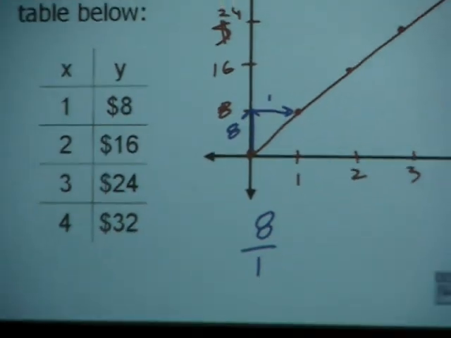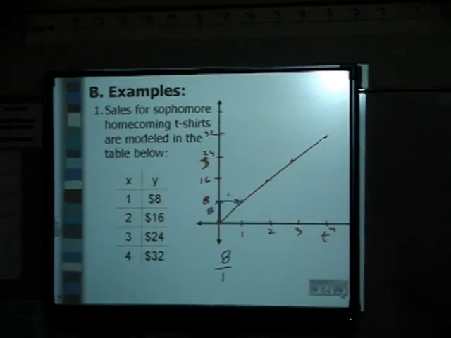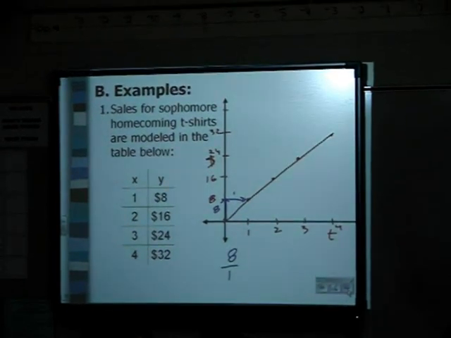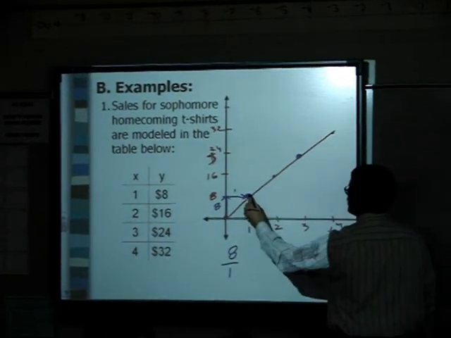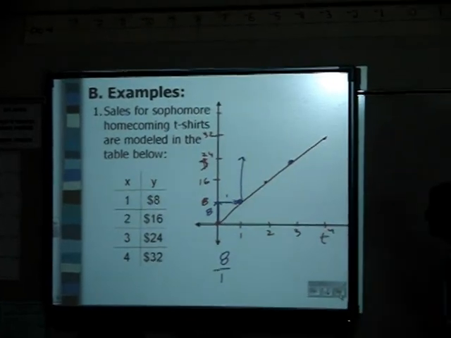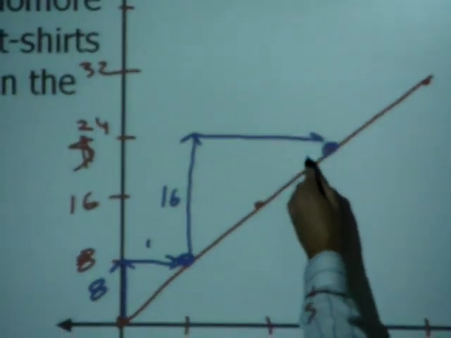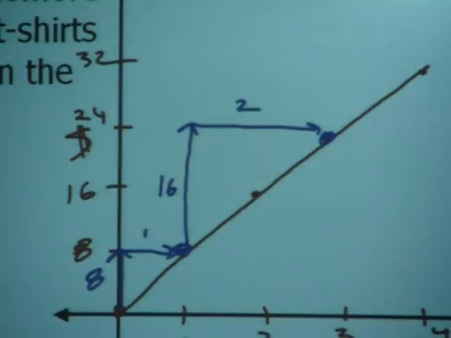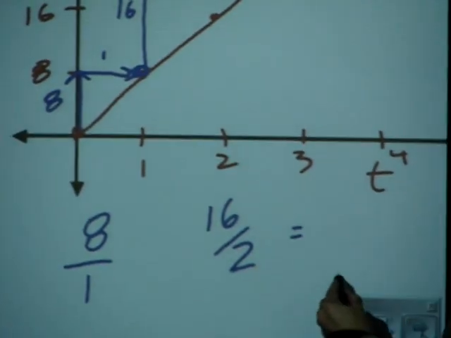What's nice about the slope formula, or about using rise over run, is it doesn't matter at all where you do the measurements from. We can take our measurements from here to here. How far are we going up right here? 16. And how far are we running? 2. So if we do our rise over our run, we end up with